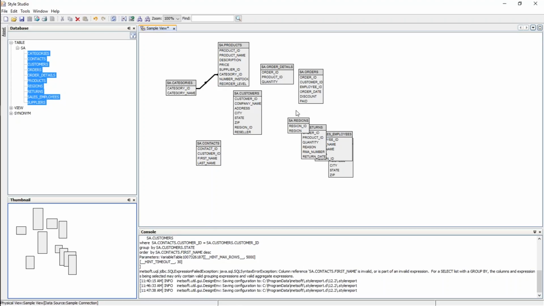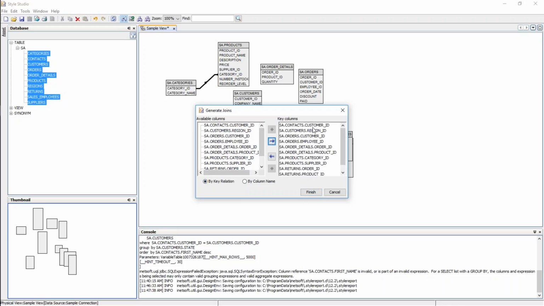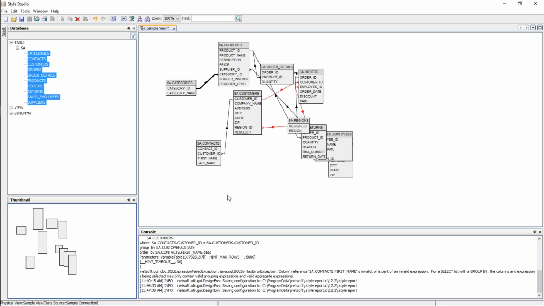Instead, what you could do is use the automatic join feature, which is this one over here. It's called auto join. You press that button. It lets you do the join either by key relation or by column name. So here I'll specify by key relation. All right, add all those key columns over here, press finish,